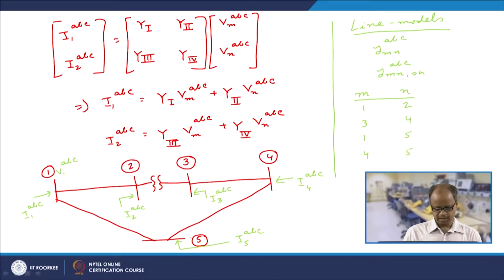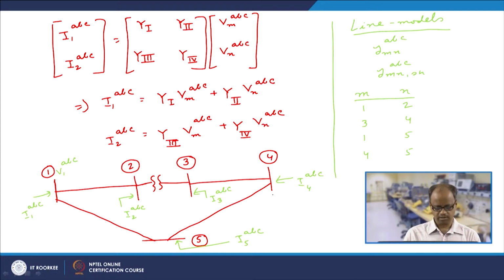We have been discussing the formulation of Y-bus matrix for a three-phase unbalanced system. We have first looked into the case where there is no transformer, but now we are in the process of looking into the case where there is one transformer in a network. So far we have considered a very small system, which is shown here, a 5-bus system: 1, 2, 3, 4, 5, and there are